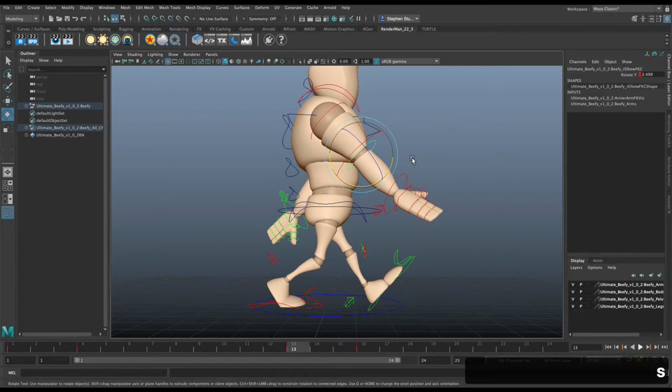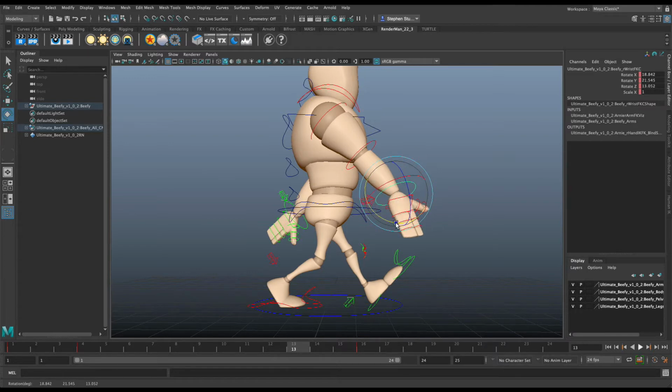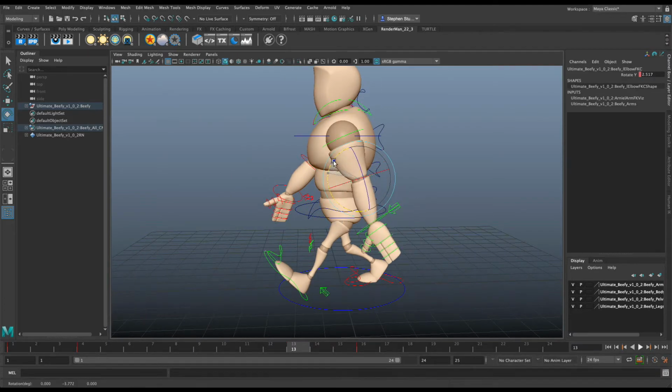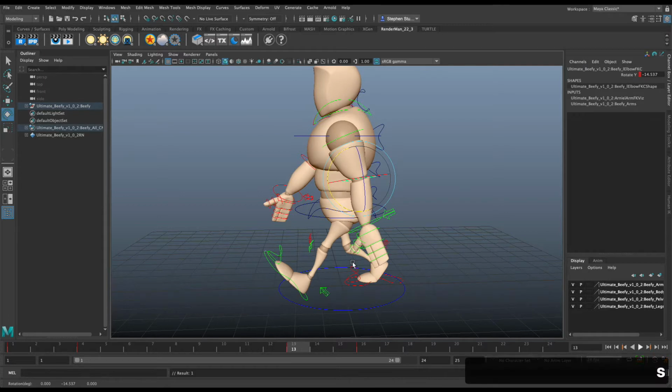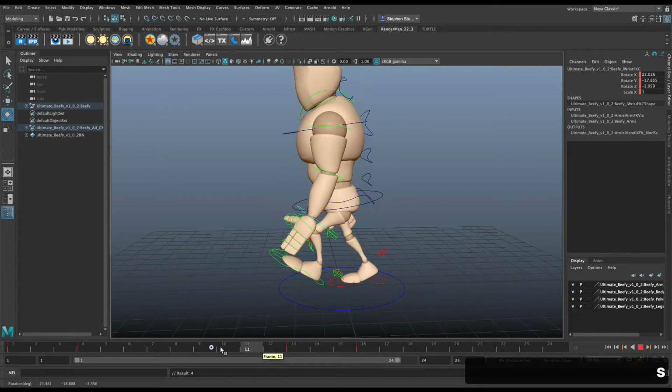Press S on the keyboard, grab this one. I'm going to rotate it this way a little bit. Bring it down, S on the keyboard, right? Same thing over here. Grab this, rotate it back, press S on the keyboard to key it. And I could key just specific channels, but I'm going to do it like that, right? Right, so